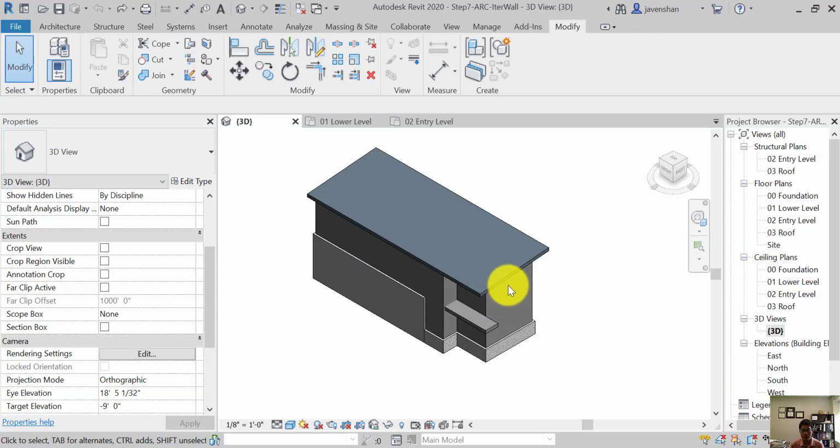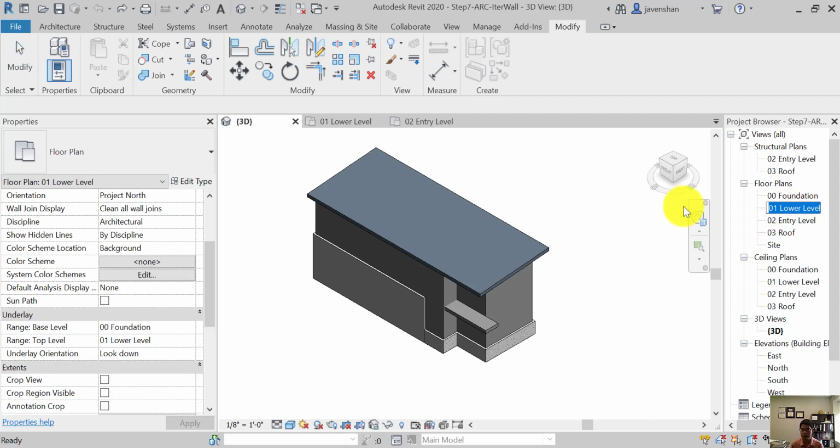In this video clip, I'm going to demonstrate adding interior walls inside of this building. Let's first start on the entry level, the lower level, sorry about that. Let's double click the low level